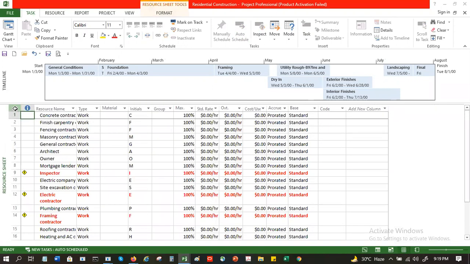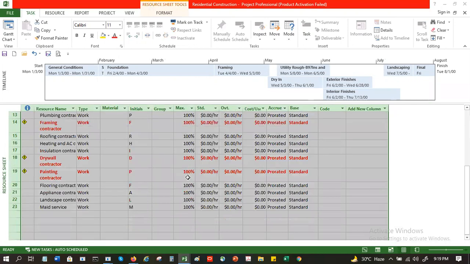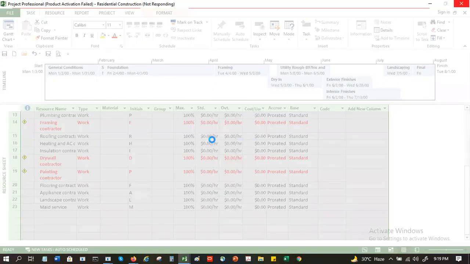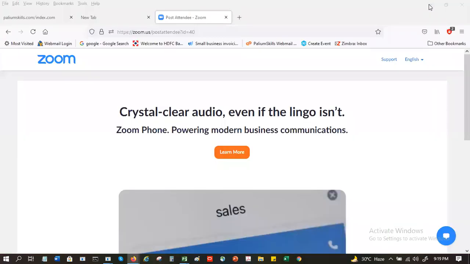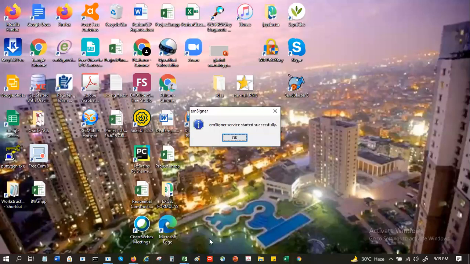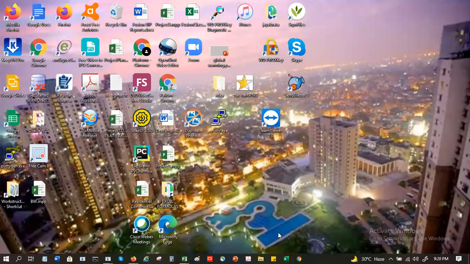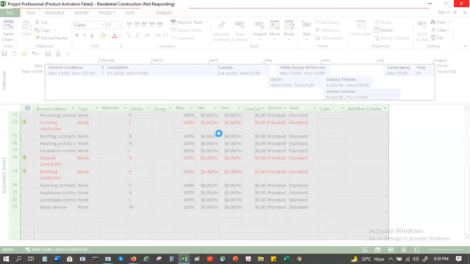You can just copy all this. But this one also doesn't have the rates, so no use copying them. But in case you want to copy them, you can.